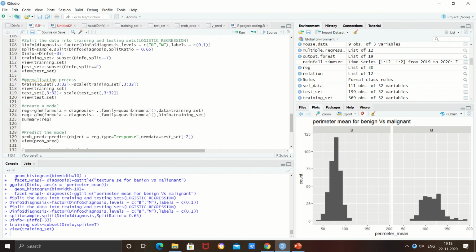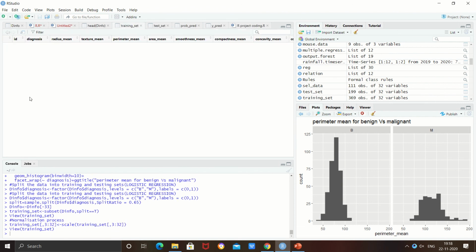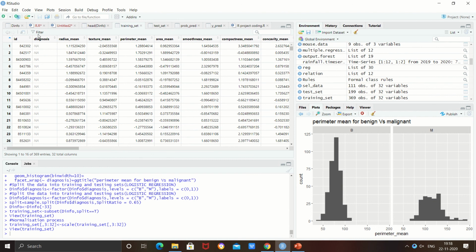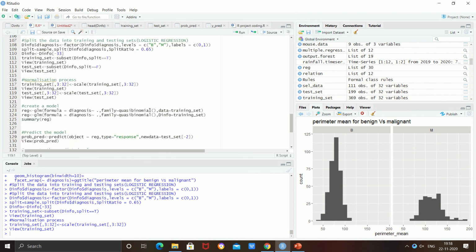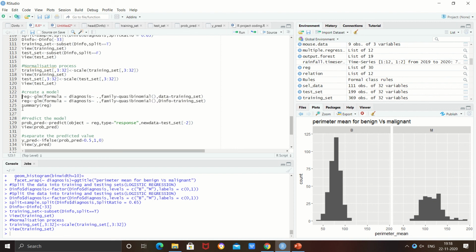For that we will use the normalization process. We will run this line of code, and you can see here that our dataset was open. Now we will create a model using the regref function. The regref function is a function whose purpose is to combine these function calls into one, as well as provide ancillary analysis such as graphics.